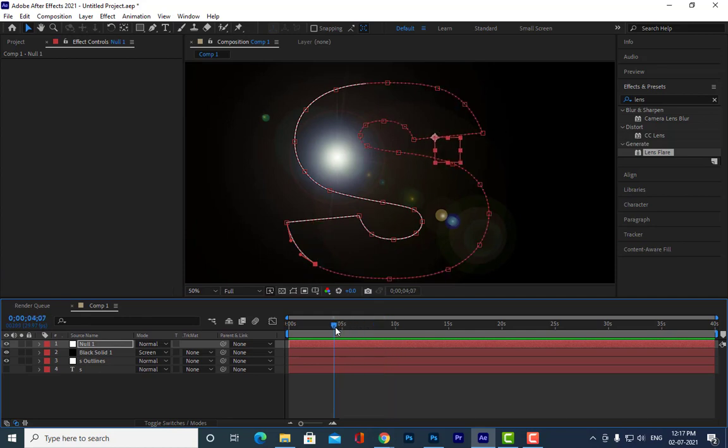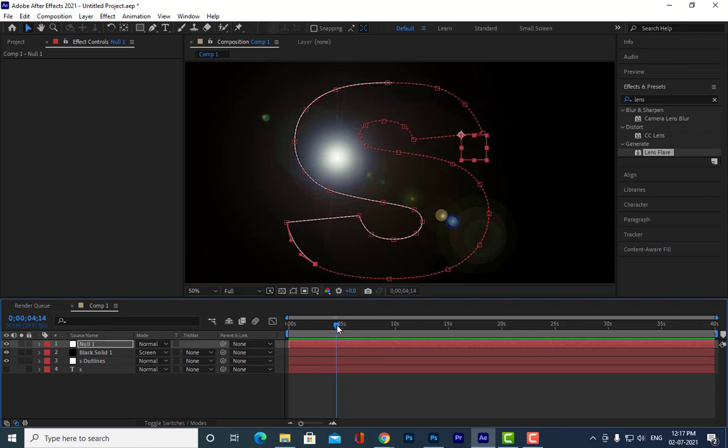Even though it is following, it is not following in the right direction. The stroke is coming from here, but the null object is moving in the reverse direction. The stroke is coming in the left direction, the null object is moving in the right direction.